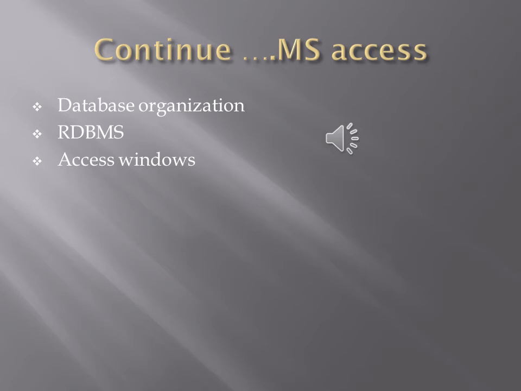And on page number 147, you can see some title bar, file tab, quick access toolbars, tabs, groups, dialog box launcher. What is the purpose of those things? You have to go through these on page number 147 as well. So this is the sum up of your chapter number 10.